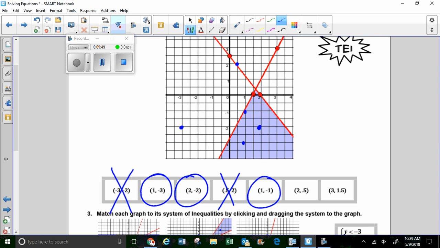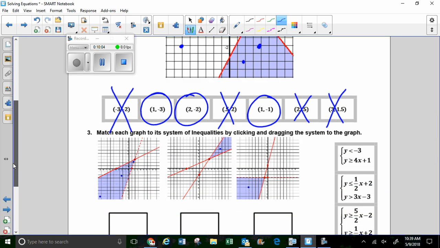And then 2 and 0.5. That's outside the shaded region, so that's not a solution. And the last one, 3, 1.5 would be this point right here, also not a solution. So there you go, just go ahead and plot the points and see if they land in that double shaded